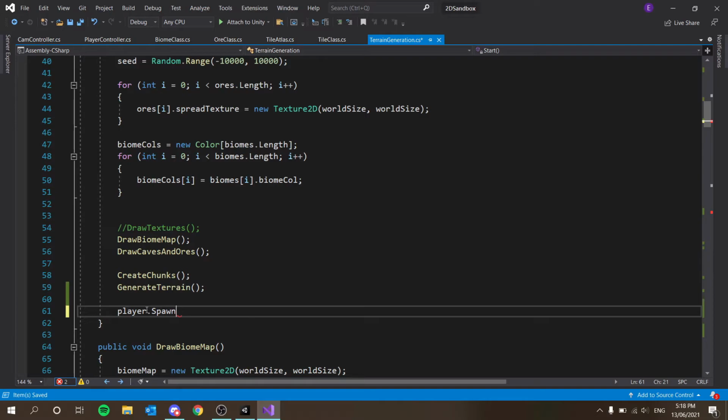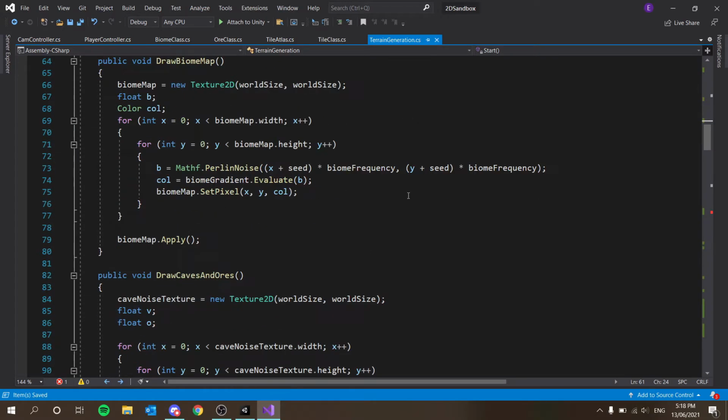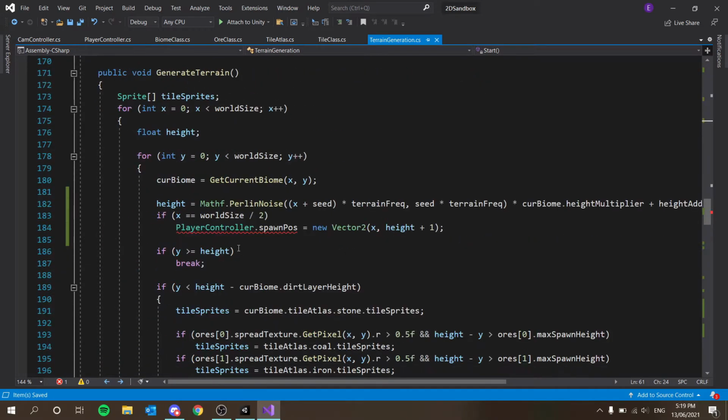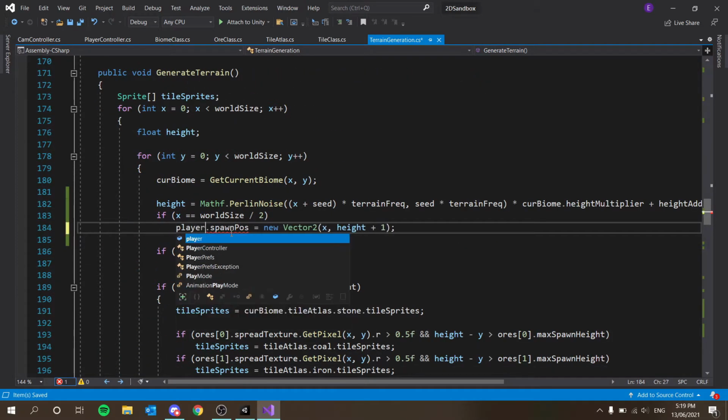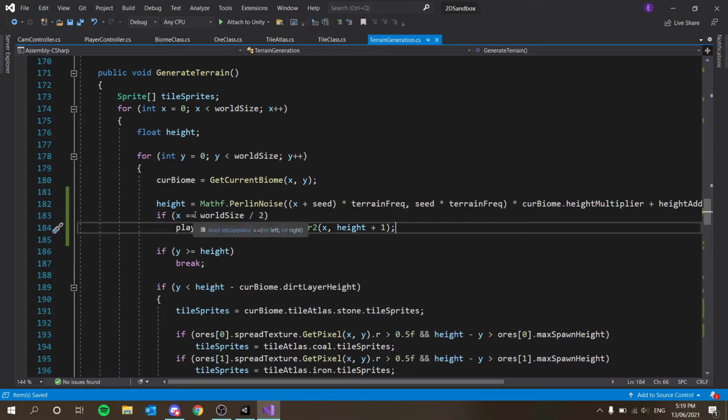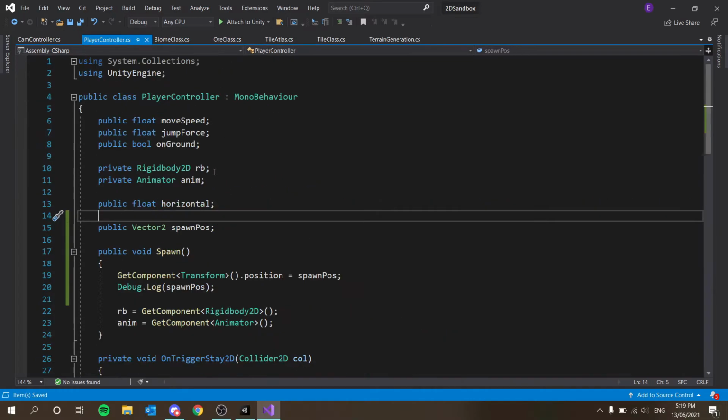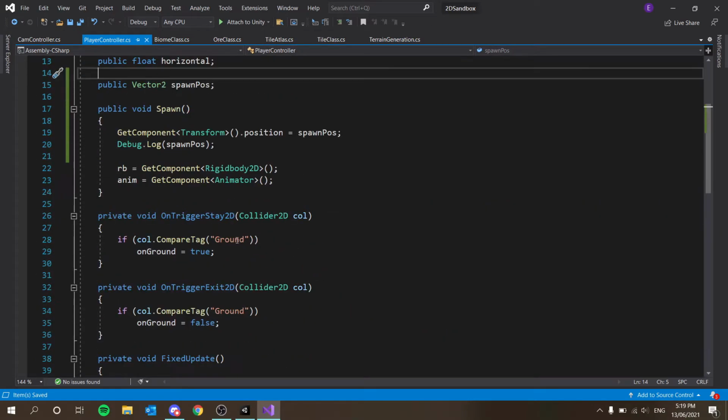Spawn, right? Yes, cool. And that's cool. We're going to set the spawn pos here. So player dot spawn pos equals that. That is cool. Back to our player controller. That is fine as well. So